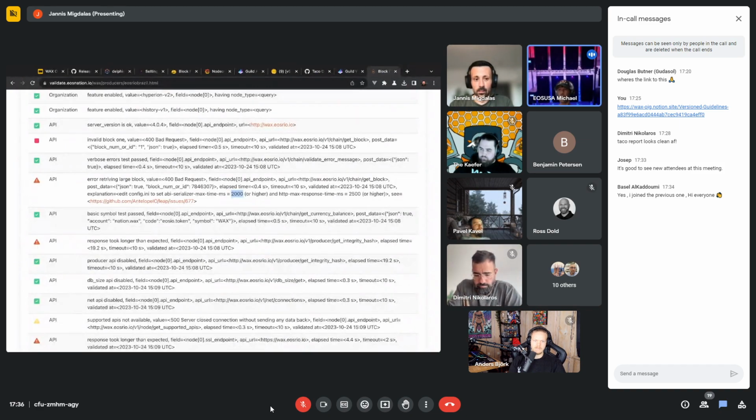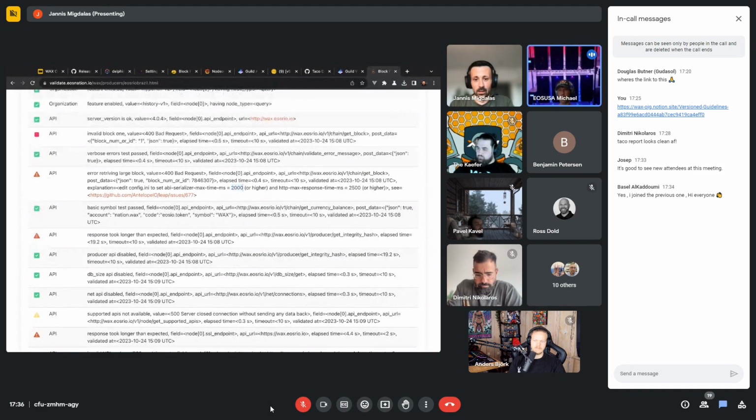The other reason is it just doesn't have the block. If it doesn't have block 1, it probably doesn't have that old block. It's valid that it may not be able to deserialize it. That's what it's testing. But it will also fail that test if it simply doesn't have the block, because it also fails to deserialize it. Those two errors are separate.